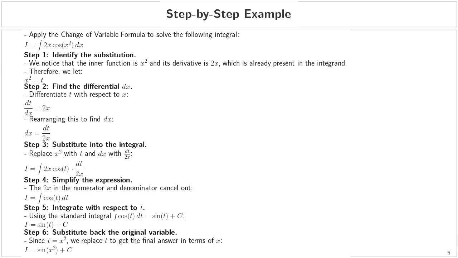X, we made the substitution t equals x squared, so we need to substitute that back in. Replacing t with x squared, we get sine of x squared plus c, and there you have it. We've successfully solved the integral using the change of variable formula. This is a powerful technique, and with practice, you'll become proficient at spotting the right substitutions and applying the formula